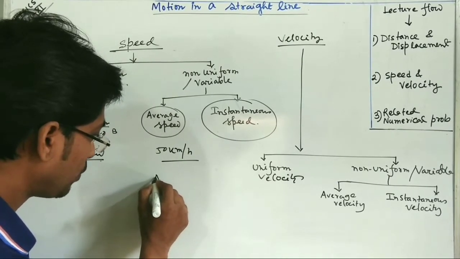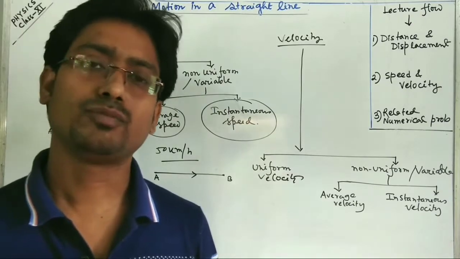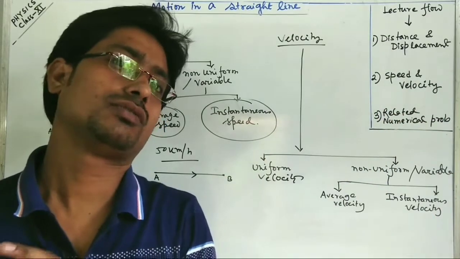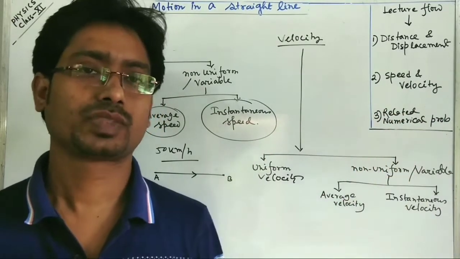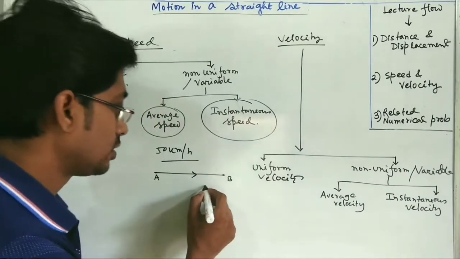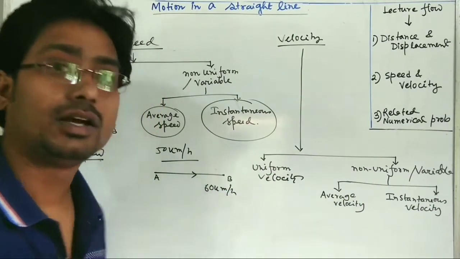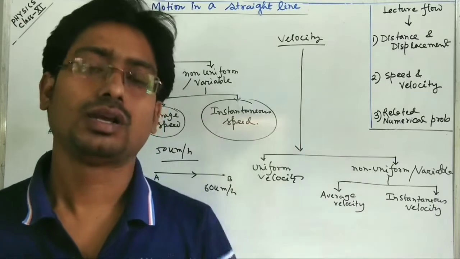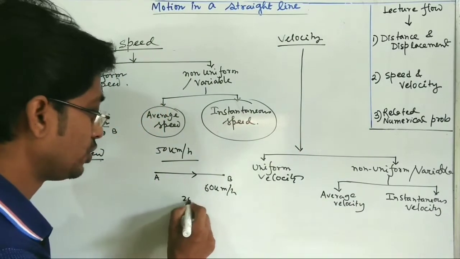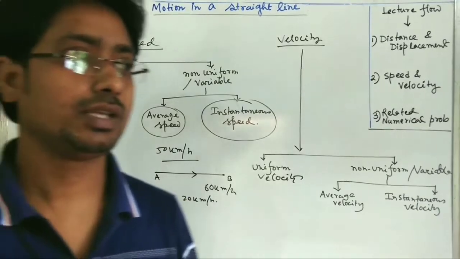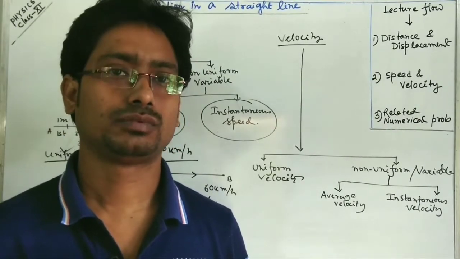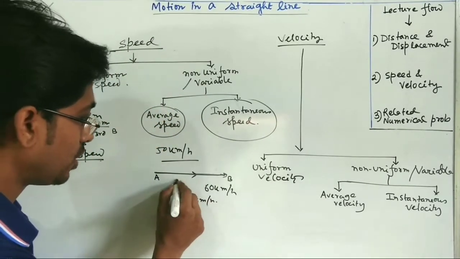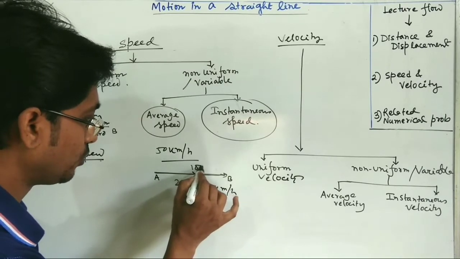I have to go from point A to point B by motorcycle. If the road is clear, no crowded places, the speed will be greater, suppose 60 km per hour. But where there is a crowded place, a market, we have to bring down our speed. Suppose at that time it is 20 km per hour. And sometimes in the journey we also have to stop, so the speed at that time will be 0. So including all these things, suppose in 2 hours we have traveled 100 km.